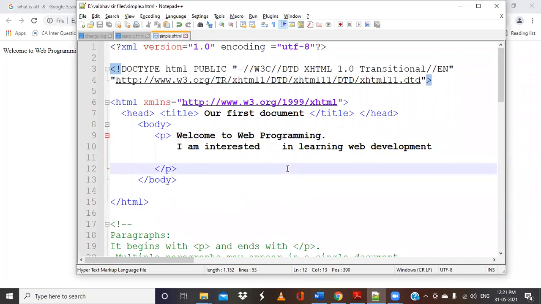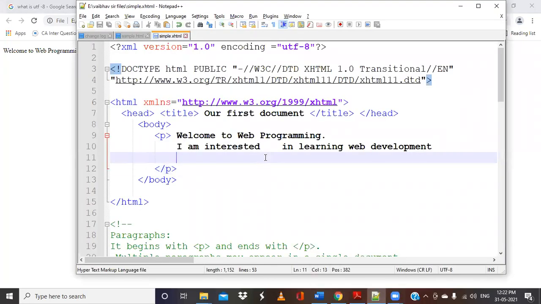So that means if you give some blank spaces, or we can say some white spaces, those things will be ignored by the browser. Here also I have given some white spaces. You can see that I have given some white space here. But these white spaces are not appearing when I run this program. I cannot see any white spaces.